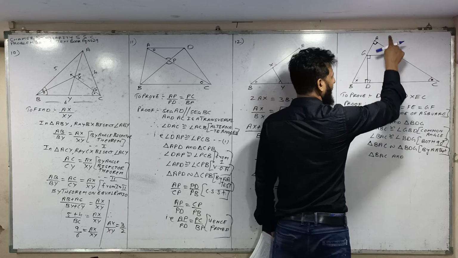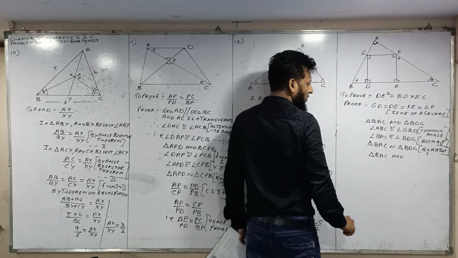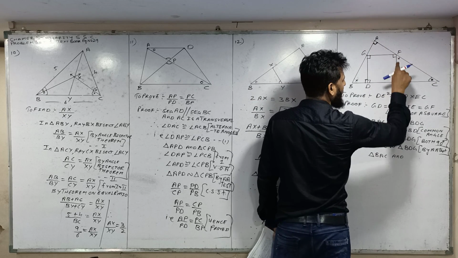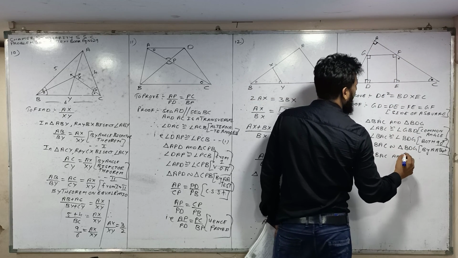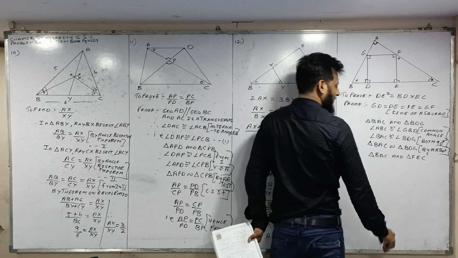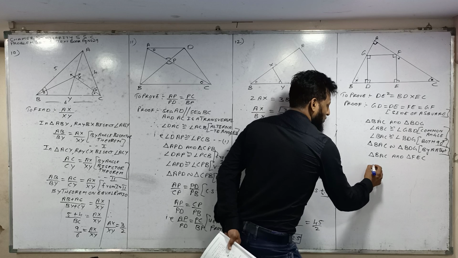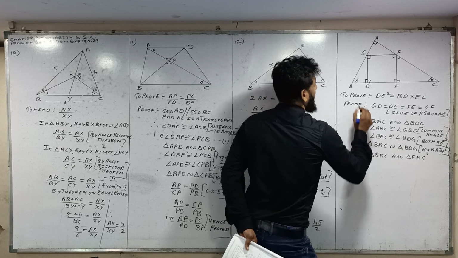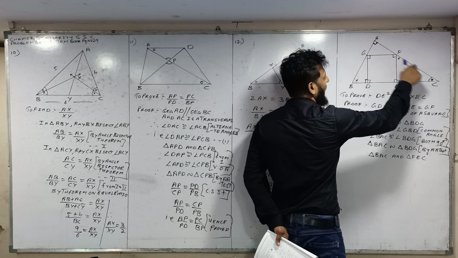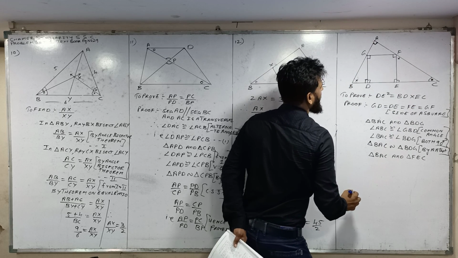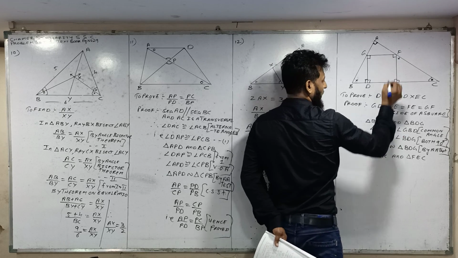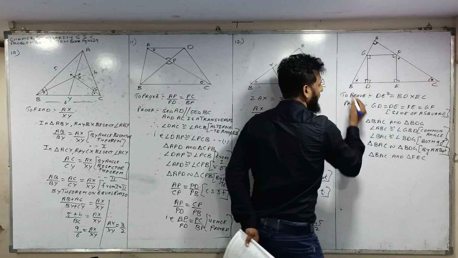Okay, so we started from third, 90 degree and common, and give the name FEC, triangle FEC. So in this triangle, 90 degree which angle? BAC. We will first give the name of the common angle. So in this triangle common angle is AC